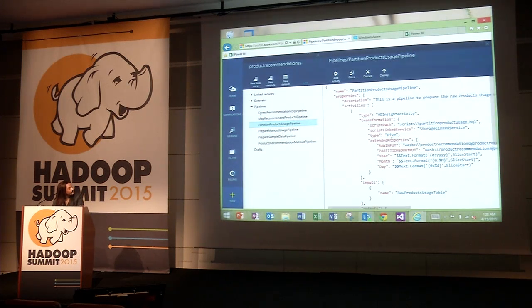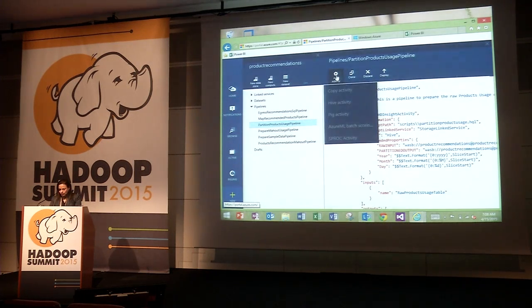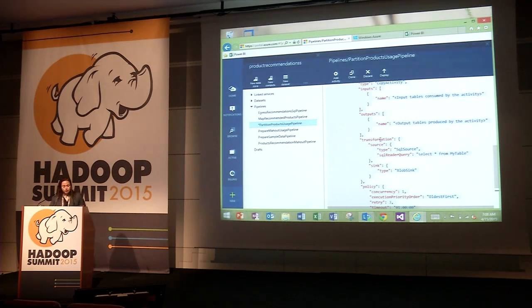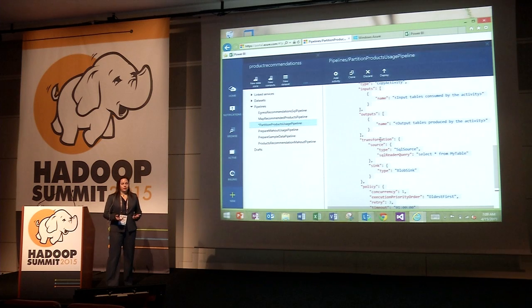So for example here, I have my definition of what this particular pipeline is doing. And in this case, this is a Hive script running on HD Insight. I can very quickly add activities to this particular pipeline. Let's say I needed to do a data copy. I can automatically insert the template in there. Yes, I'm kind of showing you a JSON editor, but